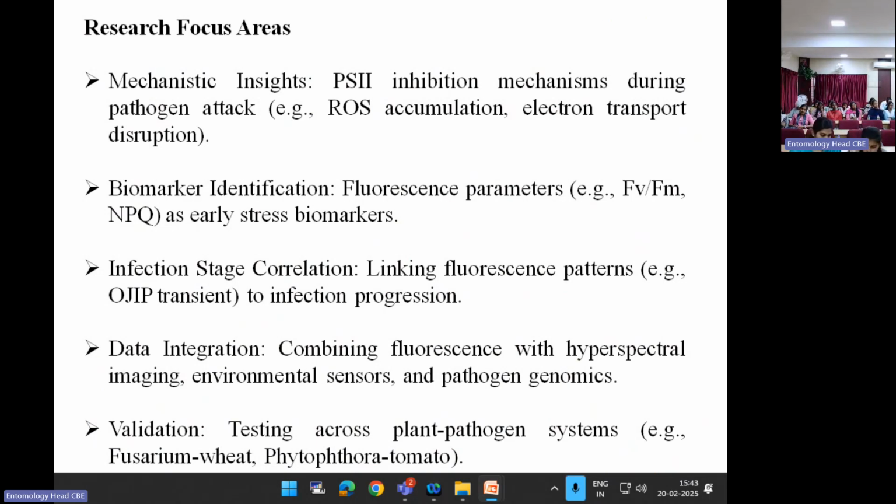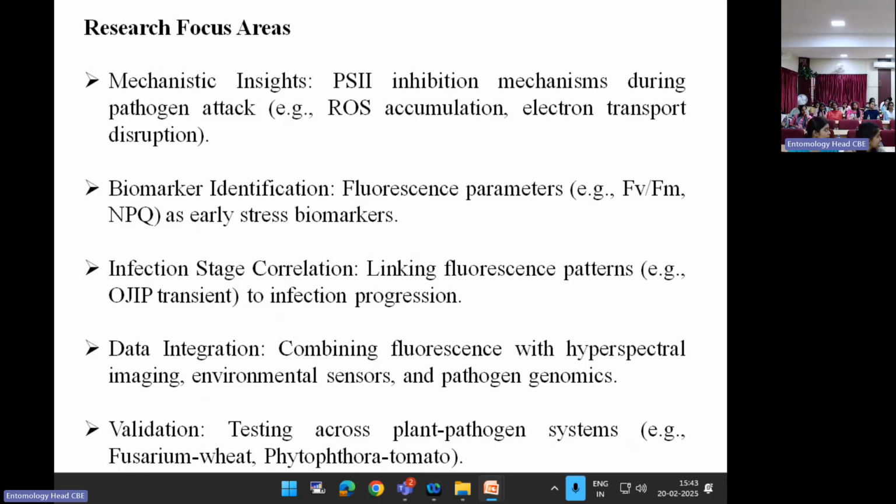Actually, what are the parametric identifications we have to do in order to rapidly screen? That is Fv/Fm, which is the quantum yield, the efficiency of photochemistry. NPQ is the non-photochemical quenching. These two are the important biomarkers which can be used as early stress biomarkers. Then infection stage correlation, how we correlate these parameters with infection stages, that is, linking the fluorescence pattern to infection progression. Then how we integrate data, combining this